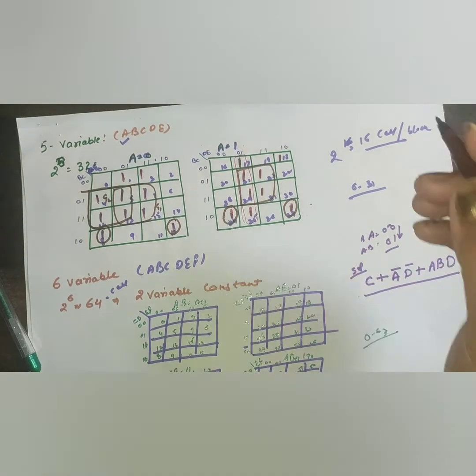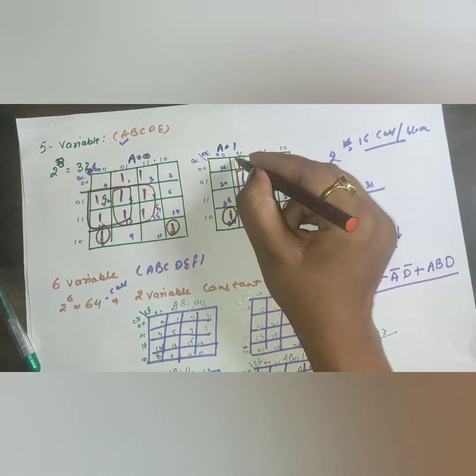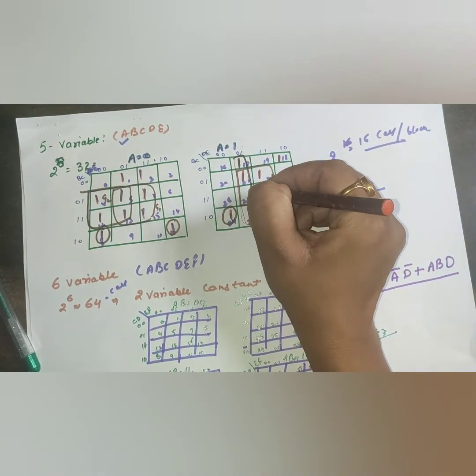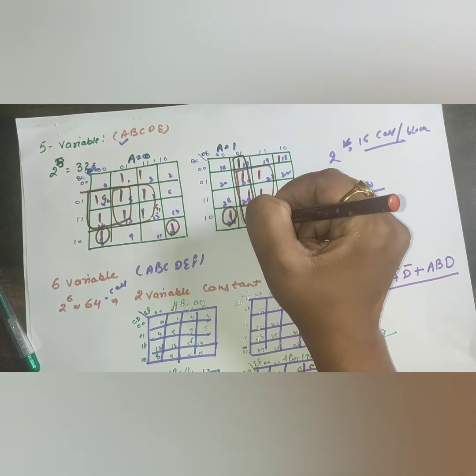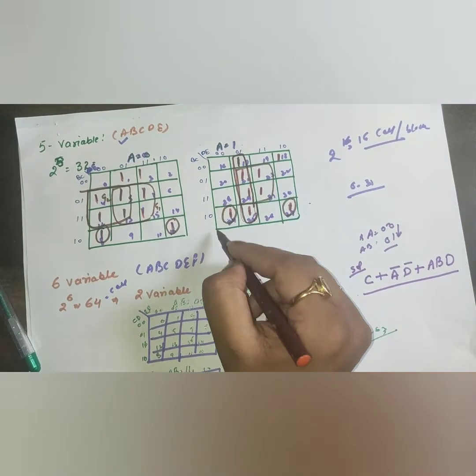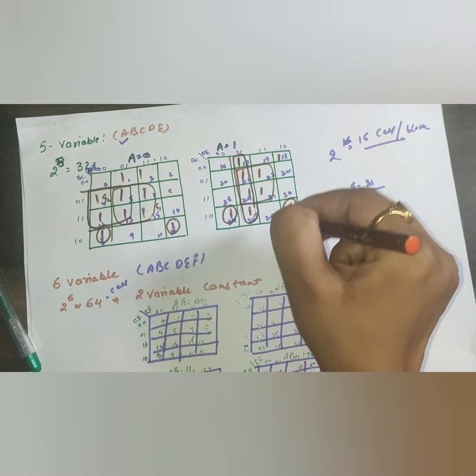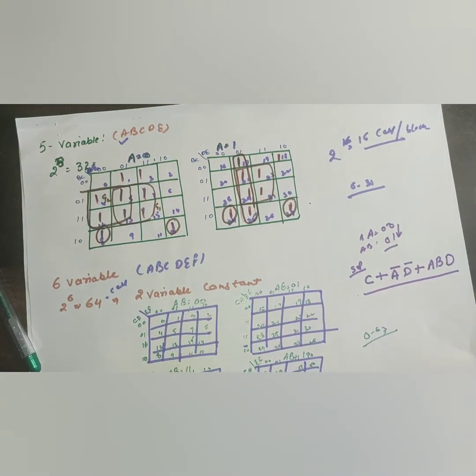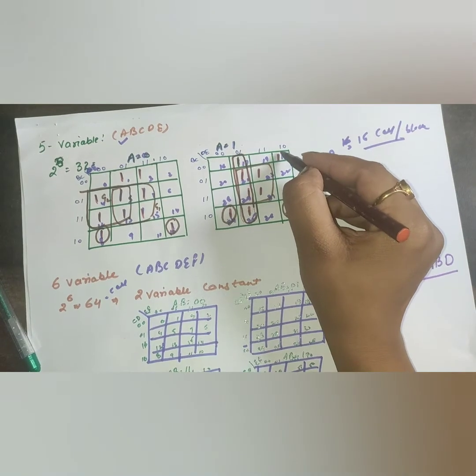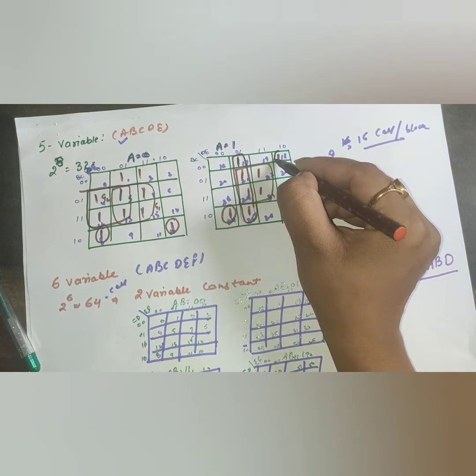Because we give the preference of maximum number, in which group maximum cells are. So this is 4, this will be 2, this will be 2. So we give the preference of maximum number of cells. Now this one is individual.